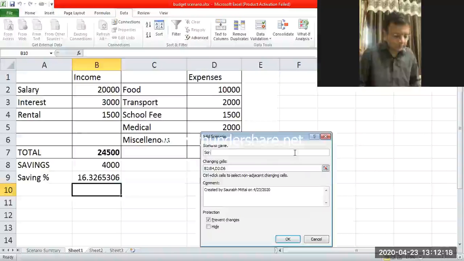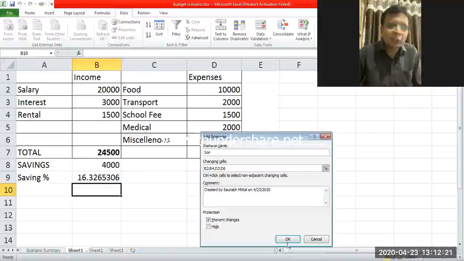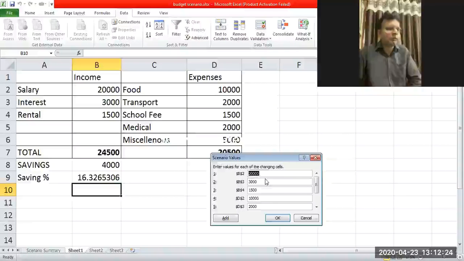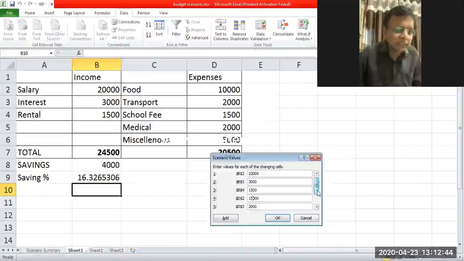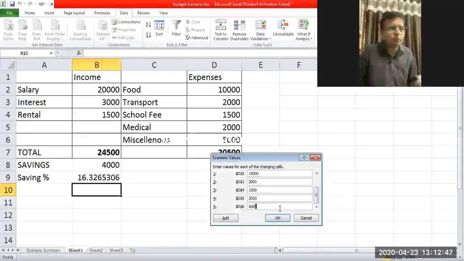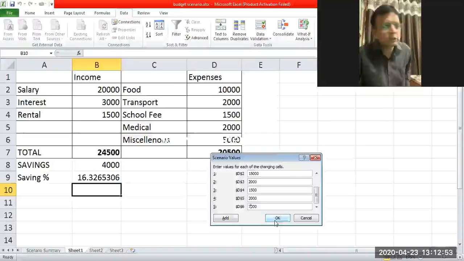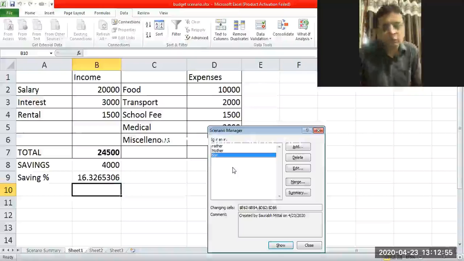Then there is a son in the family also, who is also willing to have some changes in the variables. So one more variable that he's going to change, maybe salary part he's not going to change, but yes, he can take some tuitions. So he's ready to go for some extra tuitions for the smaller kids. So maybe he's increasing that salary part to 22,000 rupees. And in the food part also, he wants to enjoy some more delicacies at home. So increasing that food to 15,000 rupees. And maybe the movie part and all kinds of leisure activities, he wants to increase it to 7,000 rupees. So these are the three versions of the same budget that we are having with us.